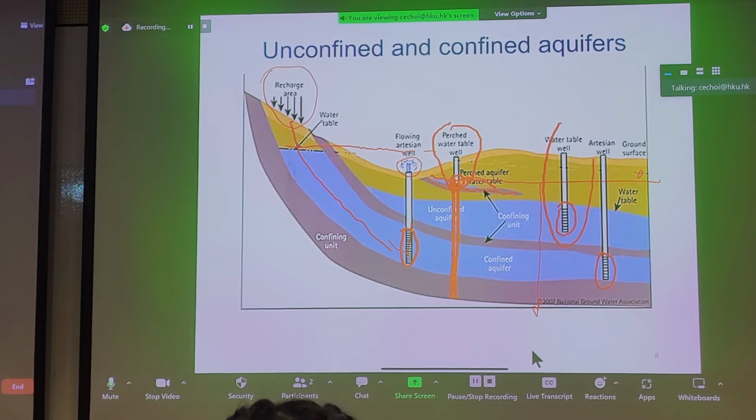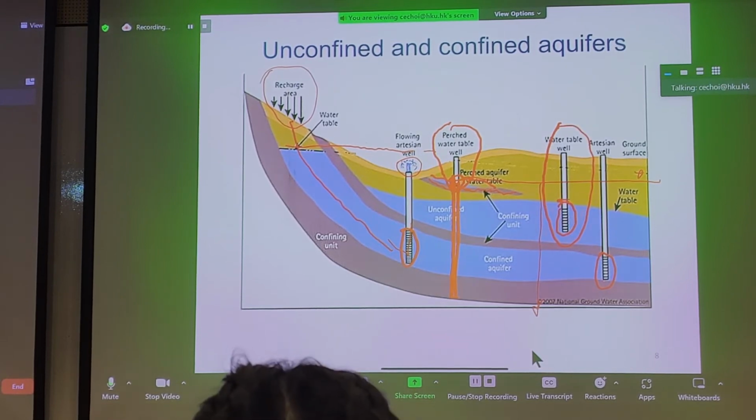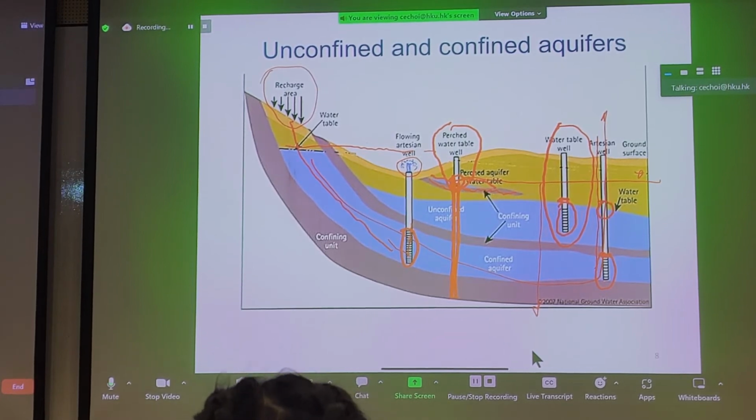Of course, you can see other cases where you also have confined aquifers, and in this case here, you would just get a nice water table measurement, probably not too much artesian pressure. In this case here, you would just see the artesian pressure coming out here. You would probably bypass the water table here. So depending on where you install your piezometers, the lesson of this slide is confined and unconfined aquifers can greatly disrupt your readings. You can have perched water tables, confined and unconfined aquifers giving you misleading measurements, because at the end of the day, piezometers are very limited